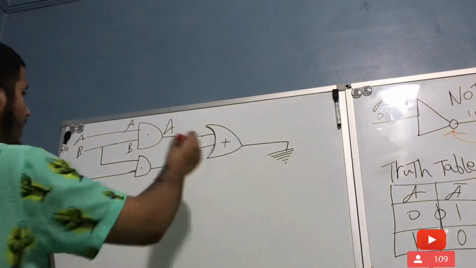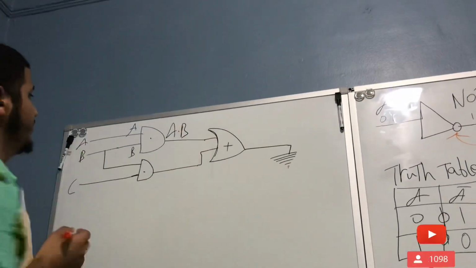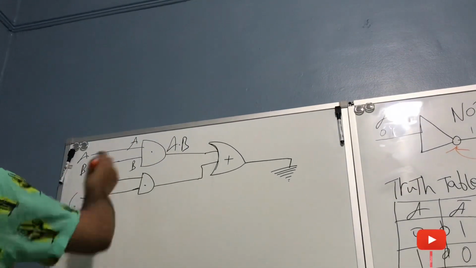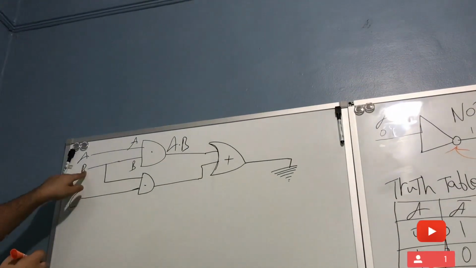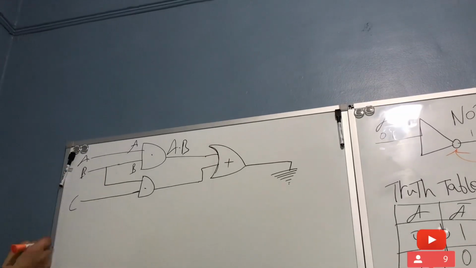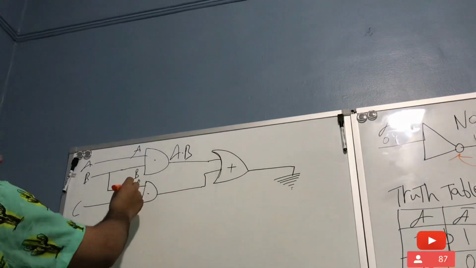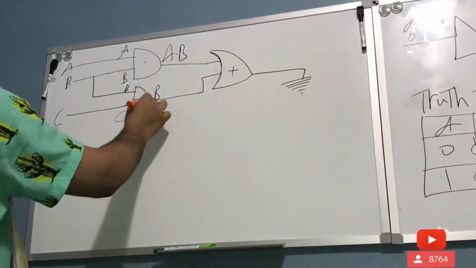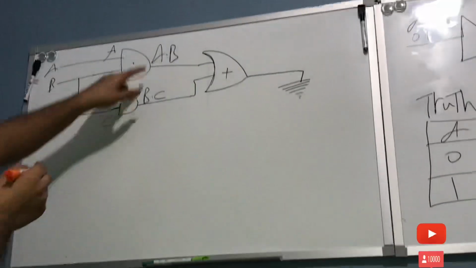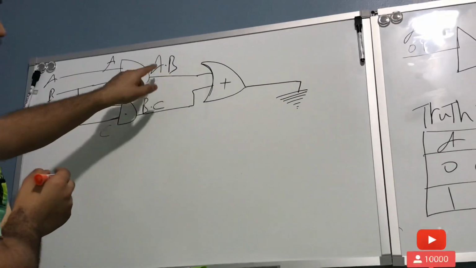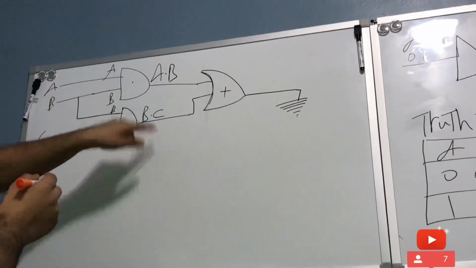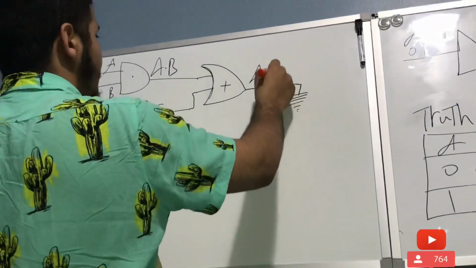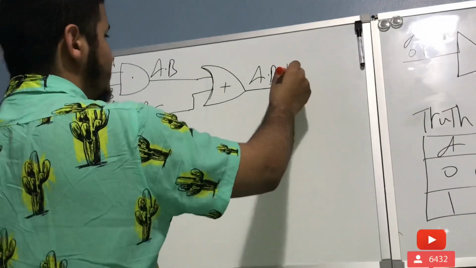As I told you before, A times B. That's the output of this. And this output is B, going here. That's the B in here. And this is C, so the output will be B times C. So we have A times B and B times C. The output in here will be A times B plus